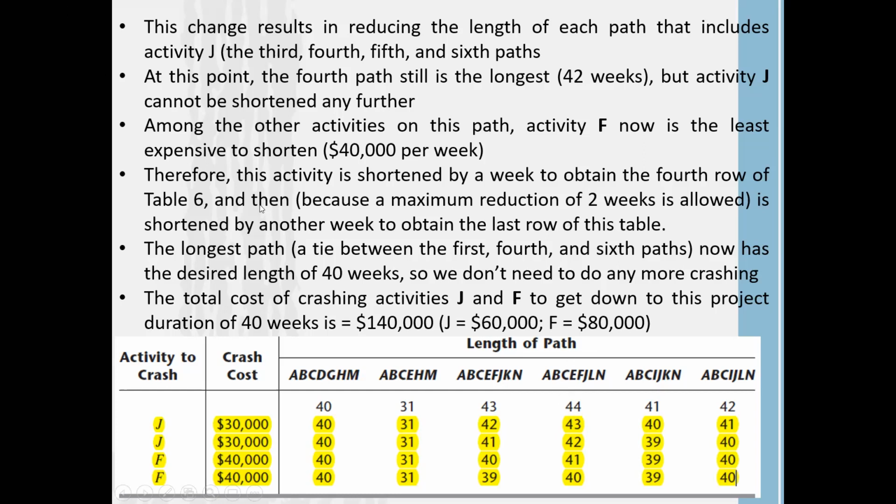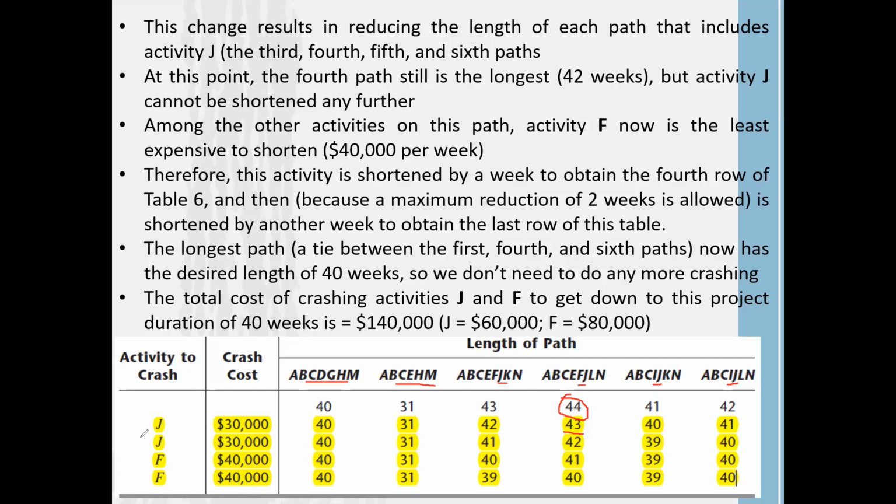So this is our critical path. When we are reducing activity J by 1 week, you can complete within 43 weeks. Likewise, from each path you identify, you can reduce activity J by 1, but only if J is included in your activity list for that path. Here you can reduce because J is there. Here you can reduce because J is there. Here and here you cannot reduce because J is not there. Here you can reduce, here you can reduce.